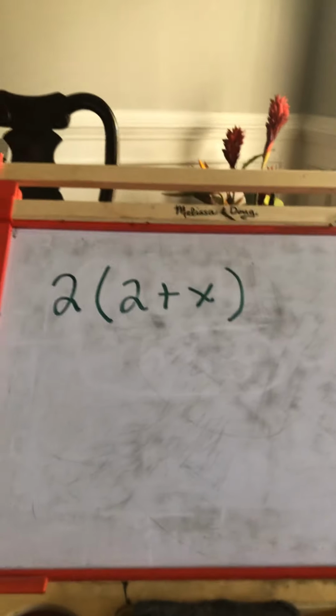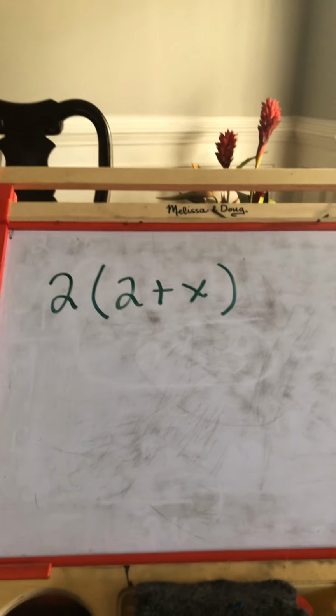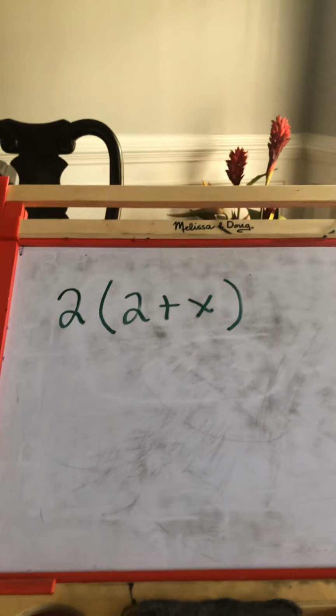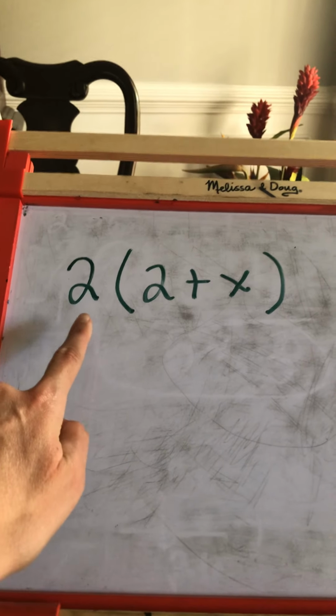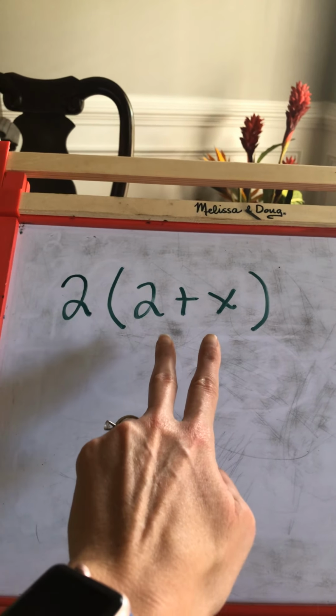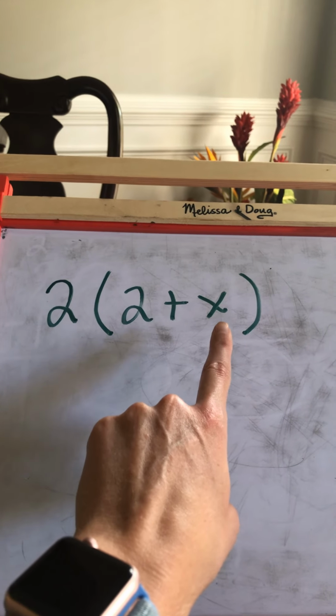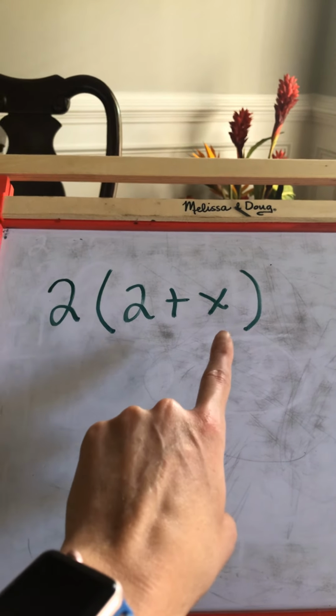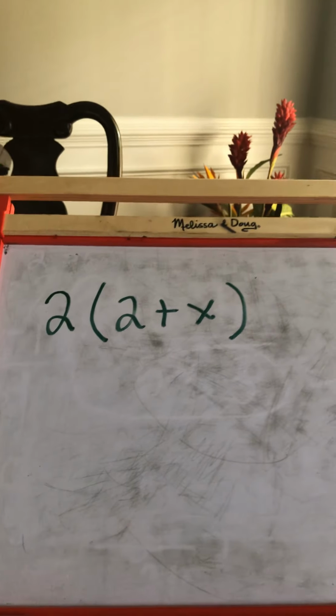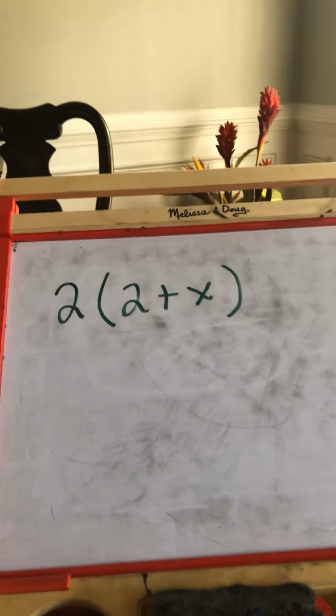So this is an example of the distributive property. I know it's the distributive property because I've got a number on the outside here and I've got 2 numbers being added together on the inside. Now, this right here is a variable. We're not sure what it is. So when we go to distribute that, and remember distribute,